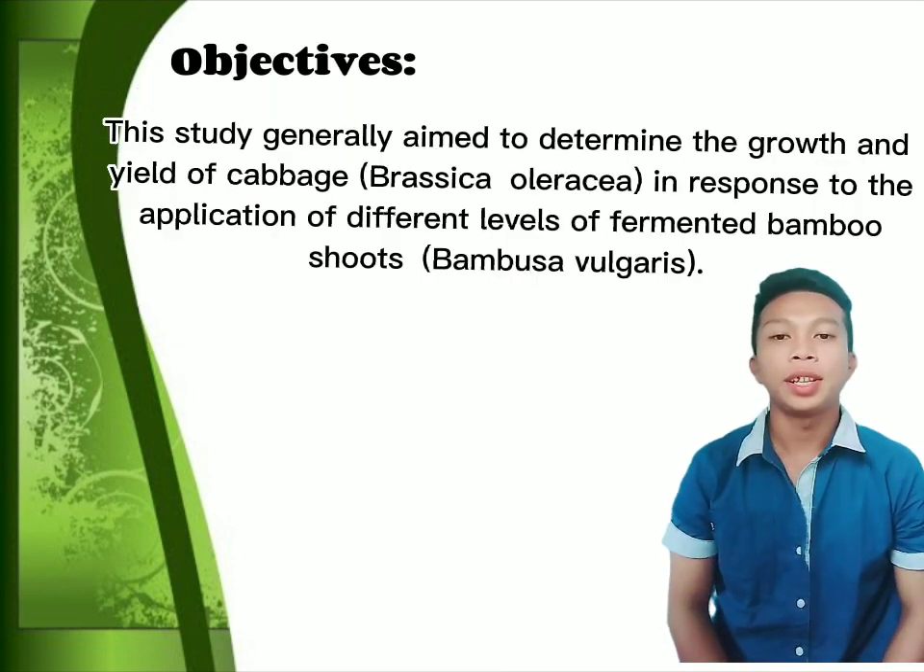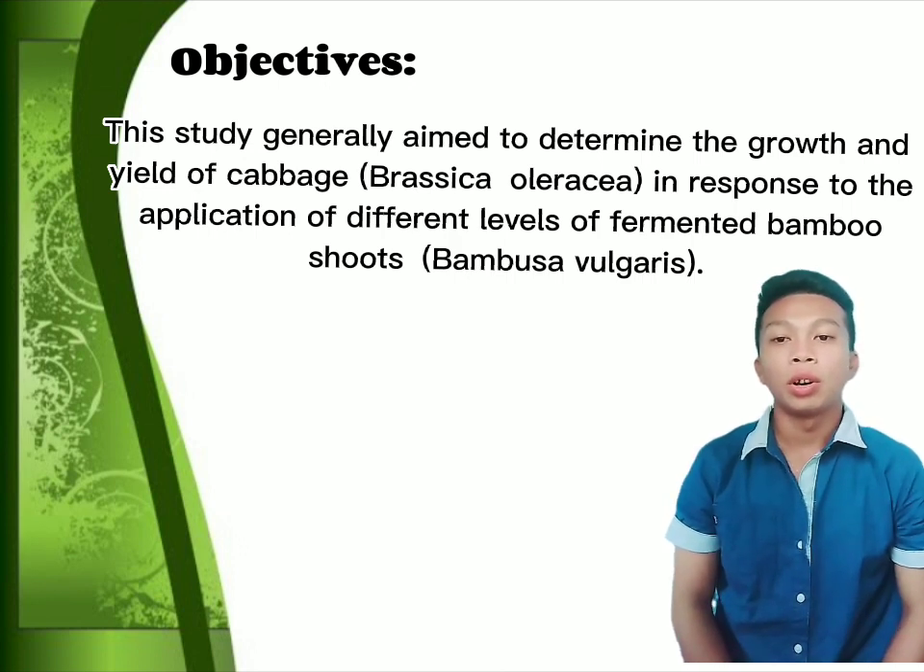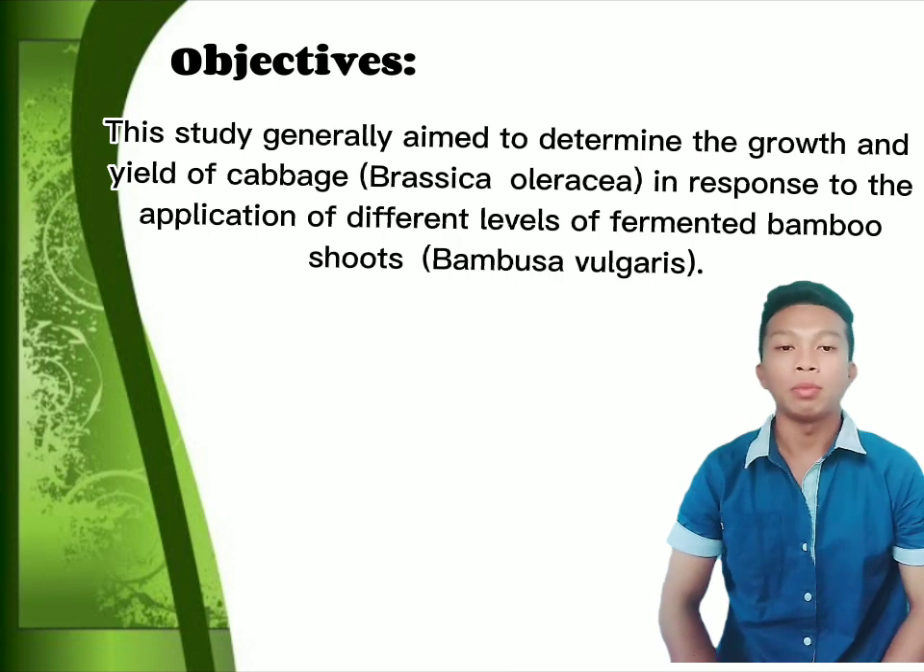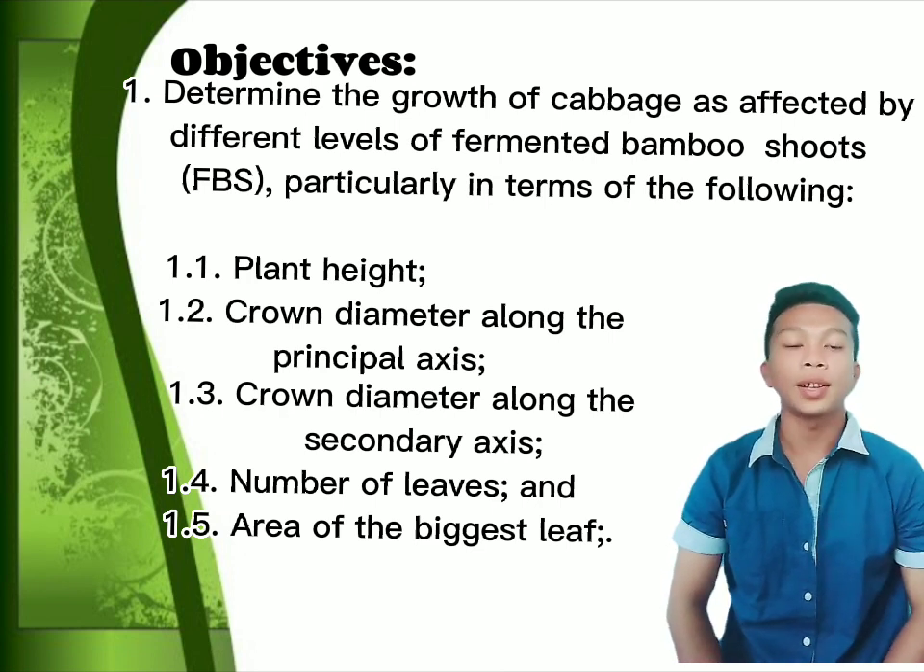Next, I will be discussing the objectives of the study. This study generally aimed to determine the growth and yield of cabbage, also known as Brassica oleracea, in response to the application of different levels of fermented bamboo shoots, or Bambusa vulgaris. First, to determine the growth of cabbage as affected by different levels of fermented bamboo shoots, or FBS,